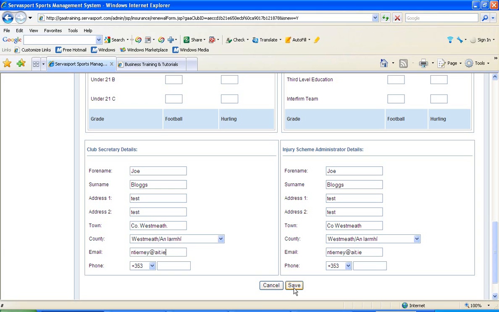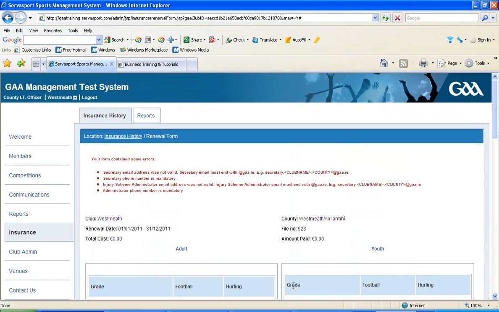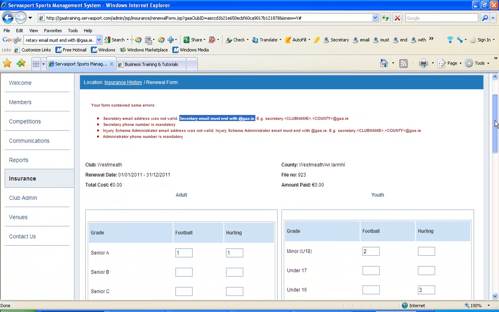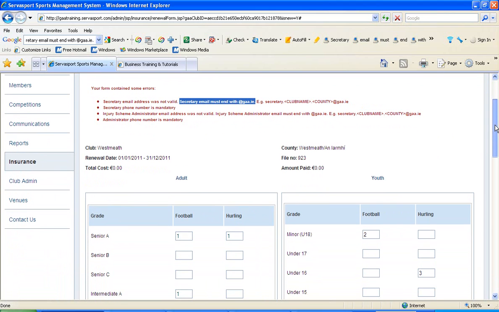Always be careful that when you're modifying data anywhere in the system, you save it. So it's telling me that my secretary email address isn't valid. That just illustrates the importance of dealing with the official GAA email system, in order to comply with the GAA requirements for using the official email address. So my phone number is mandatory, and likewise my insurance administrator details and phone numbers are incomplete. So down I go to the bottom again,